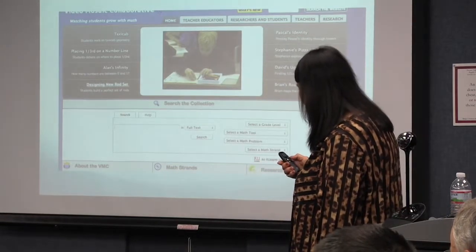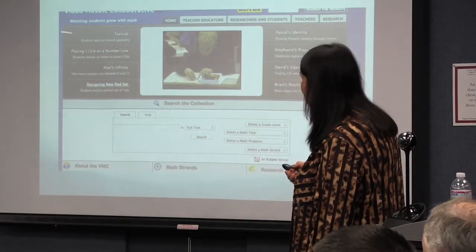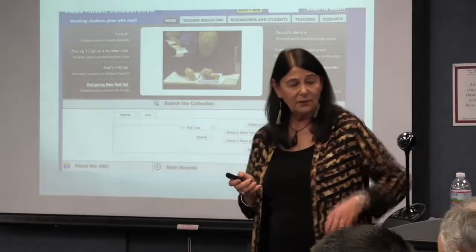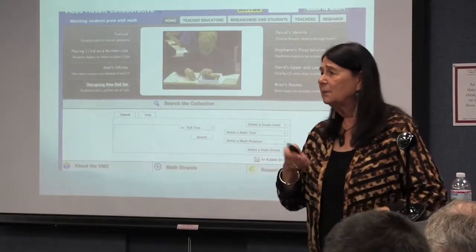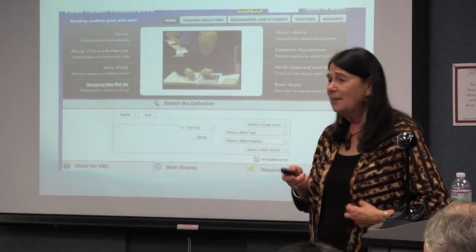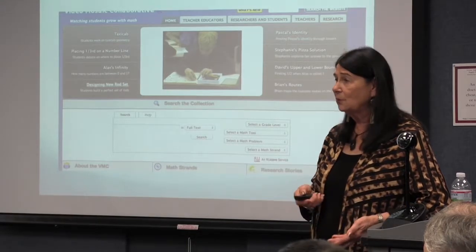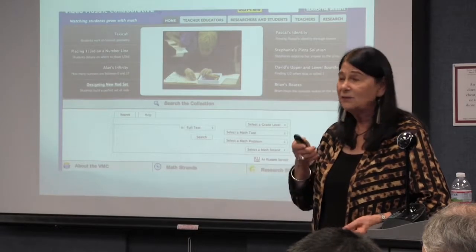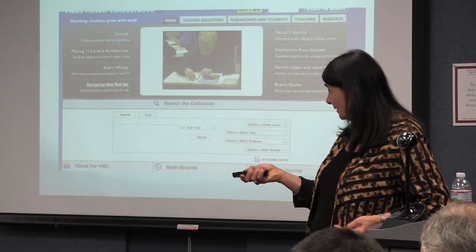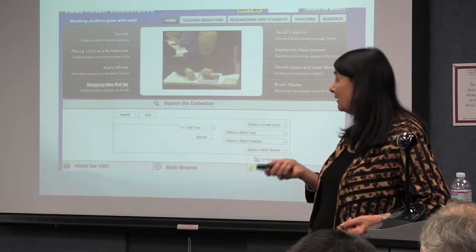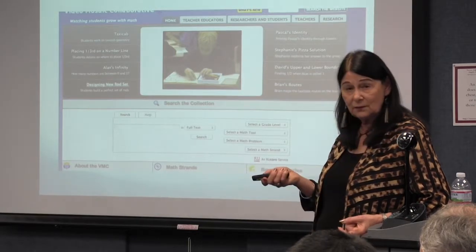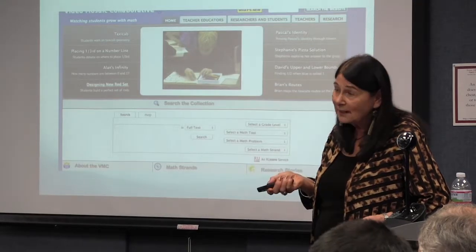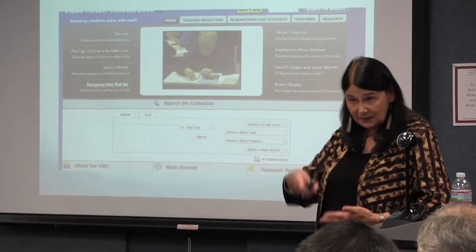I showed, this is a wonderful, placing 1/3 on the number line. There are many clips where students were asked to place numbers on the number line. And the mathematical ideas that are generated in doing this are totally amazing. How they do it, how they extend their understanding of improper fractions, how they place 1/3, how they can invent 4/3, and so on and so forth. How they can discover that fractions have equivalent number names. Lots of activities, lots of connections.